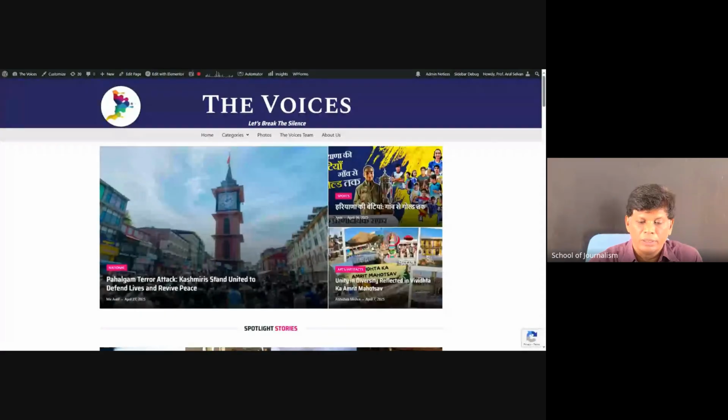Now we'll move to the second topic, the practical component. MAJDM and PGDIDM have a common practical that is being carried out through the news portal. Sometime back, I shared one news report in the Telegram group. It was reported a couple of days back by one of our students from Kashmir. It was about the terrorist attack and the subsequent development in Jammu Kashmir. So that's a recent development.